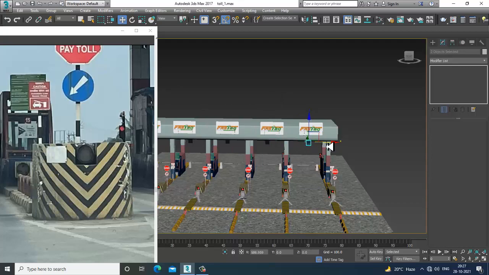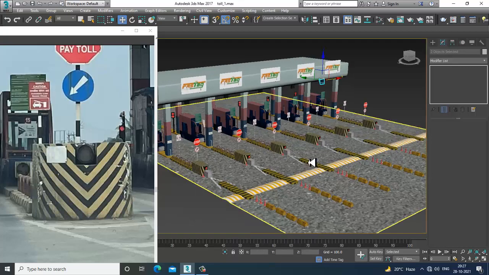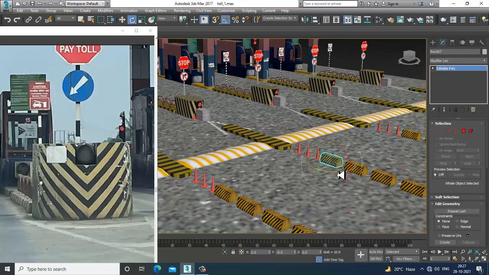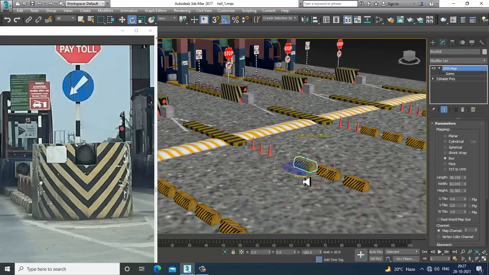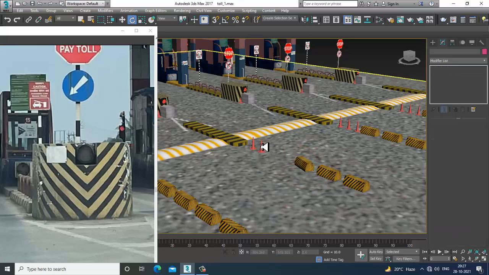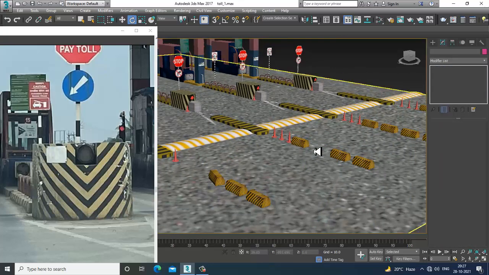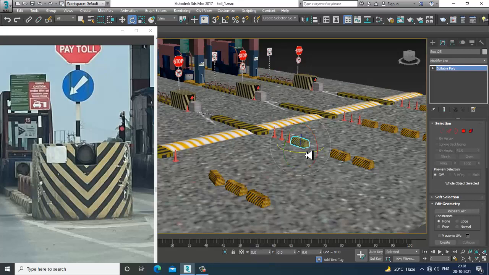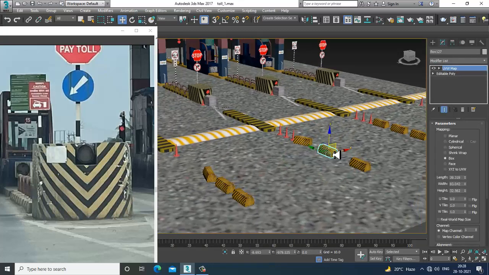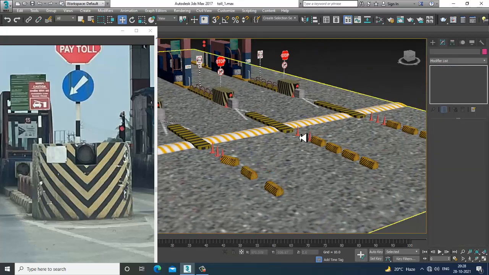As you can see over here, we totally have a copy of it. I'll slightly rotate it. I don't want all of this to be similar, so I don't need everything in the same way.